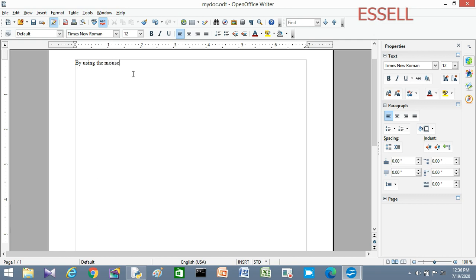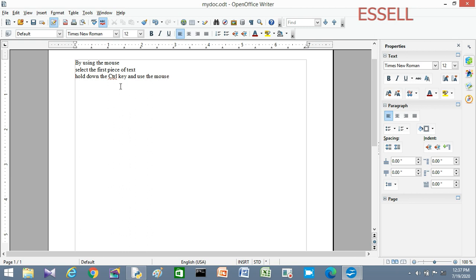In the next line I write: select the first piece of text, then hold down the control key and use the mouse, etc. Okay. Therefore this is the text.